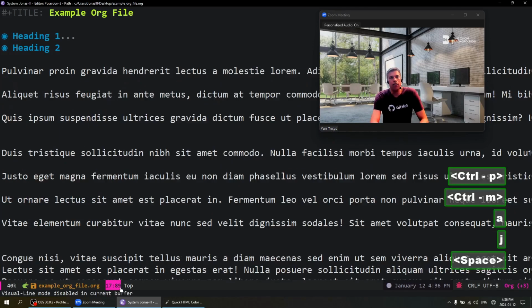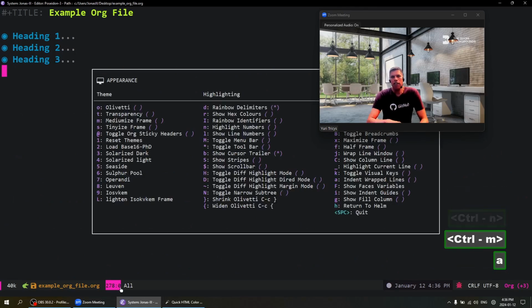So let's unwrap that line, and that's it for this panel. This is the appearance panel. There's a lot of interesting